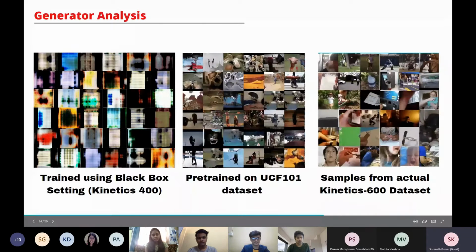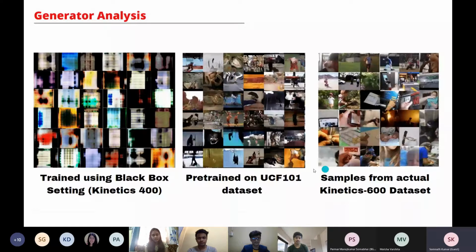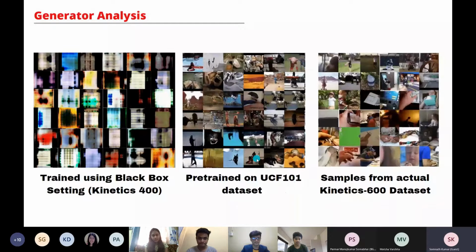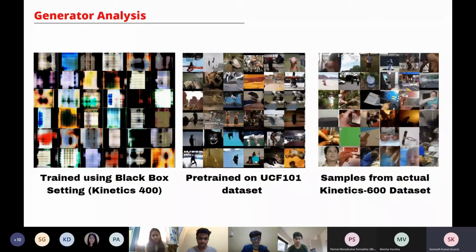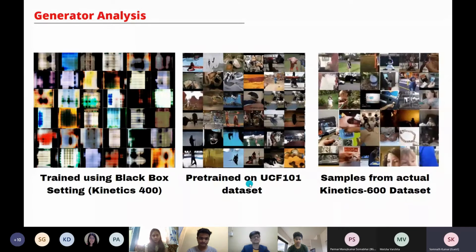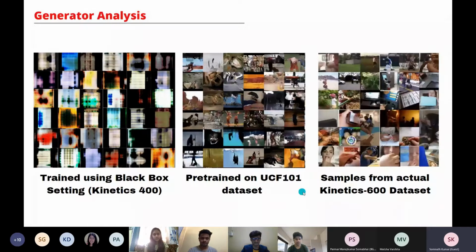As you can see, there are multiple classes there. We also have a generator that is pre-trained on the UCF101 dataset that we explained earlier, where you can see outputs not having very distinctive classes, but having a good amount of similarity in distribution to the original dataset. This was used for the gray box setting, as we explained, in combination with the Kinetics dataset, using both